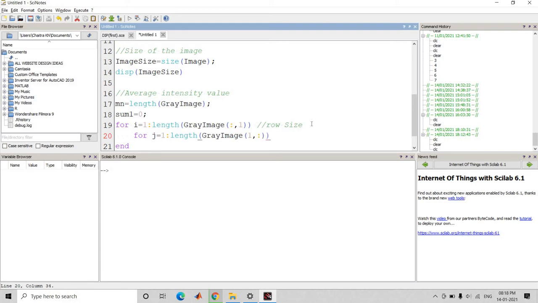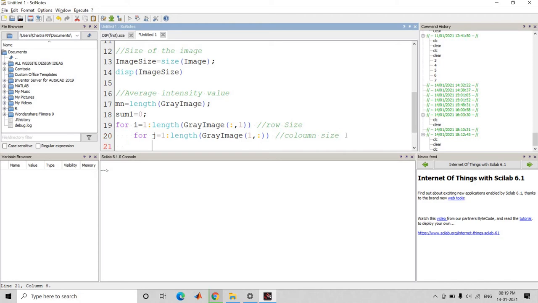Here it indicates column size. Gray image of 1 comma colon means first row and all columns, means size of all columns. It calculates the size of all columns in a matrix.